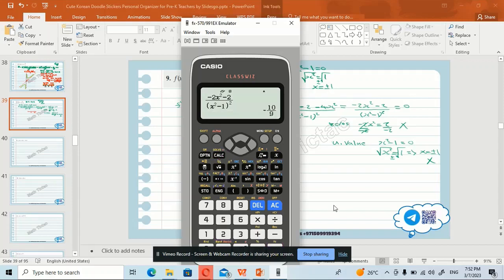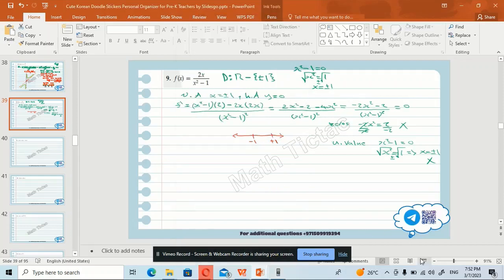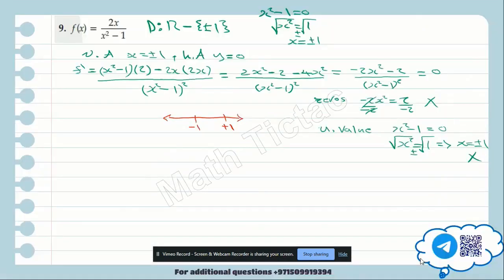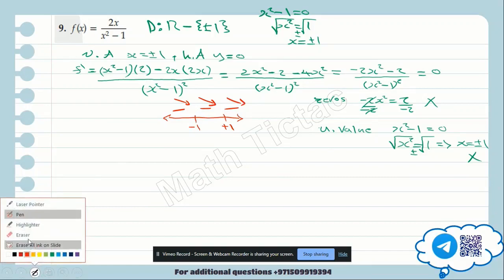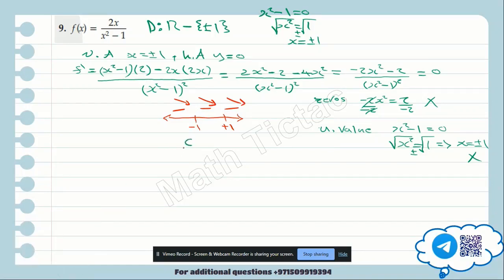So all of them negative, negative, negative. So the function obviously is decreasing. So negative, negative, and negative, down, down, down. Of course, we have no critical numbers since we have excluded the values that we've got over here. So no critical numbers. Okay, now directly we can say that the function is decreasing